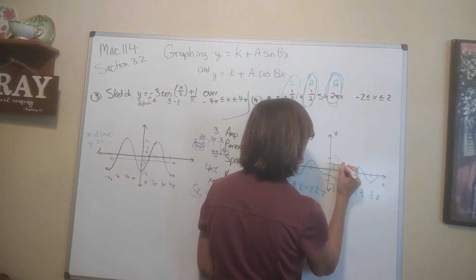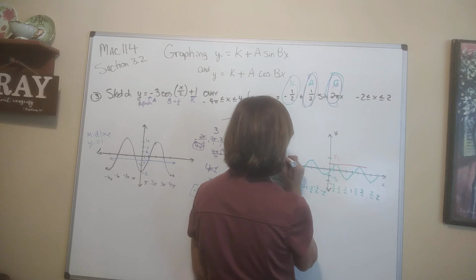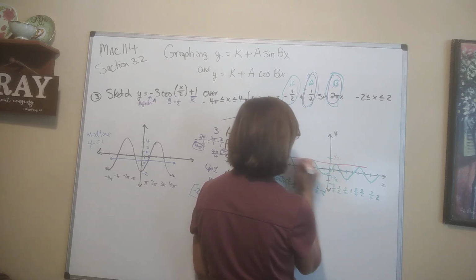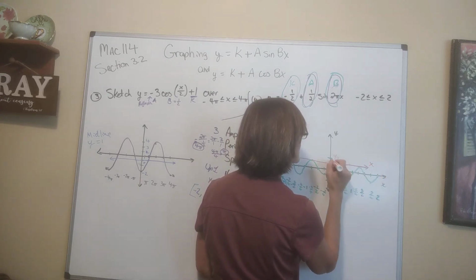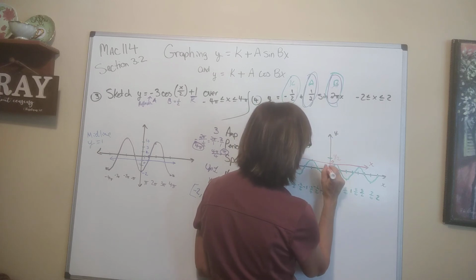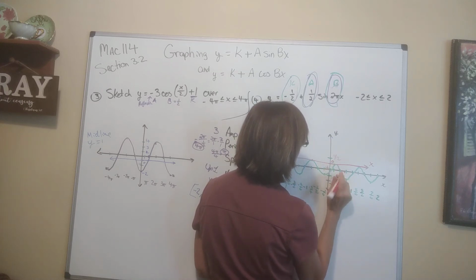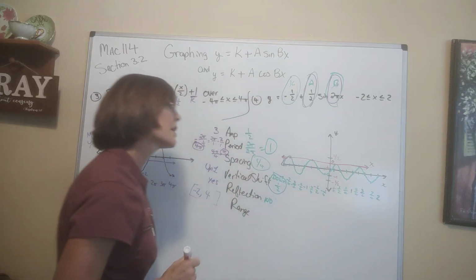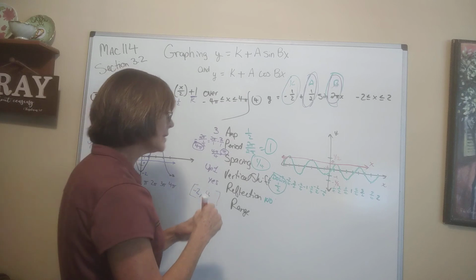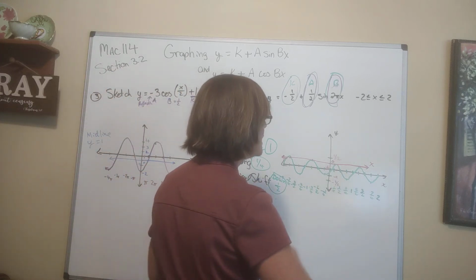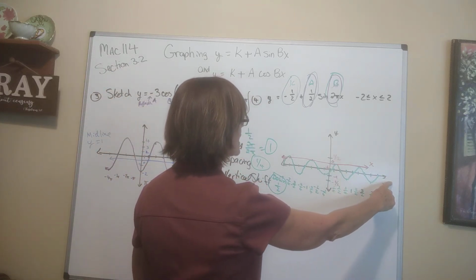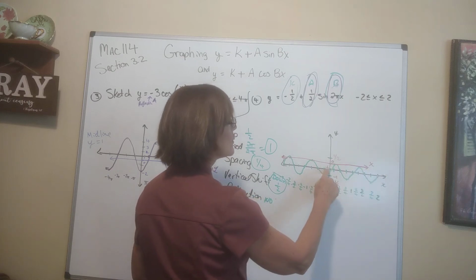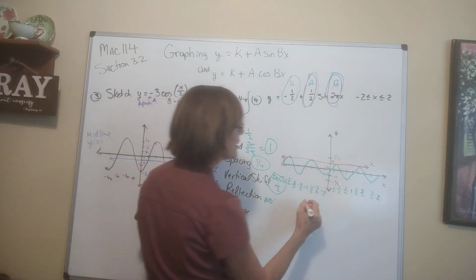This becomes our new x-axis. This is 0. 0 minus 1/2. This is negative 1/2. This becomes negative 1. This becomes negative 3/2. All right, so what is our midline? Let's talk about what the midline is. The midline was the x-axis, but that got shifted. So it's now y equals 2. The midline is